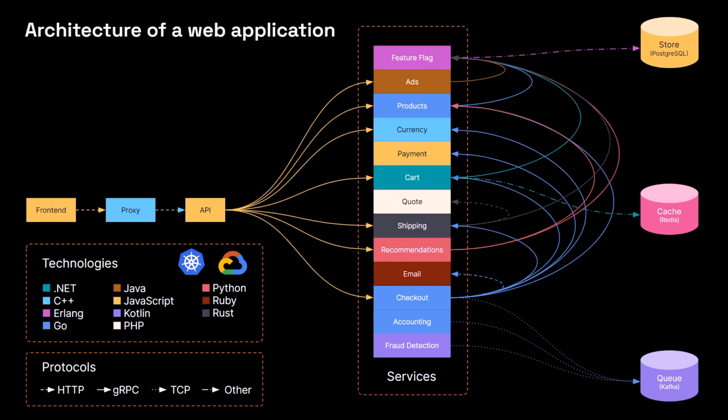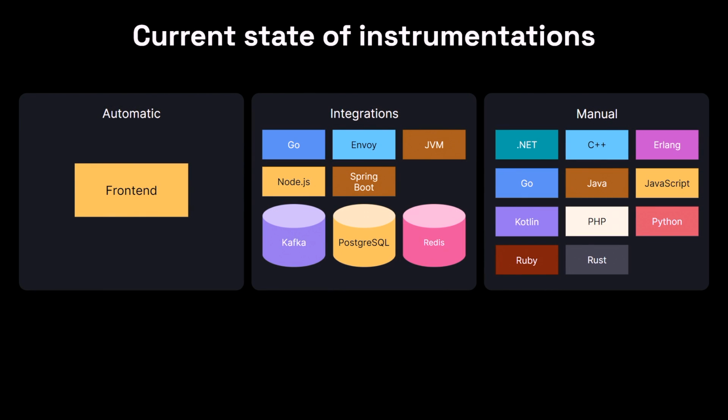And you may say, okay, but this is why we have observability. That's true. This is why we have observability. But until now, we only had infrastructure observability. And we could say that, okay, this service is taking around this amount of RAM memory, and it consumes that many CPUs, and so on and so forth. But that does not help us. So let's have a look at what types of instrumentations we currently have in Grafana Cloud.